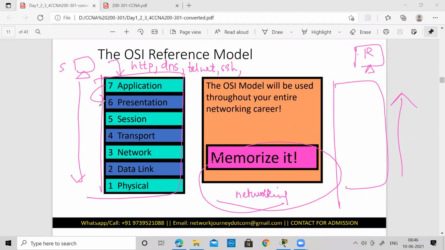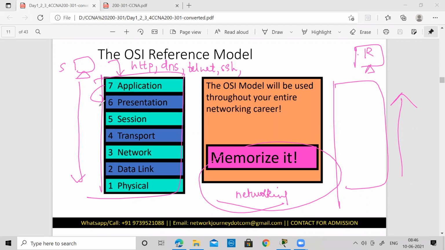The presentation layer is going to check whether you are presenting the data in the correct format. Formatting, in the sense that when you are sending a text file, what should be the extension of a text file? When you're sending an audio file, what should be the extension, like .mp3, .wav, whatever it is? Then when you're sending a video file, all this kind of formatting, syntax, semantics, and also encryption, like you want to encrypt your file and send it, you want to compress your file and send it. All this encryption, compression, formatting, everything is looked after by the presentation layer.